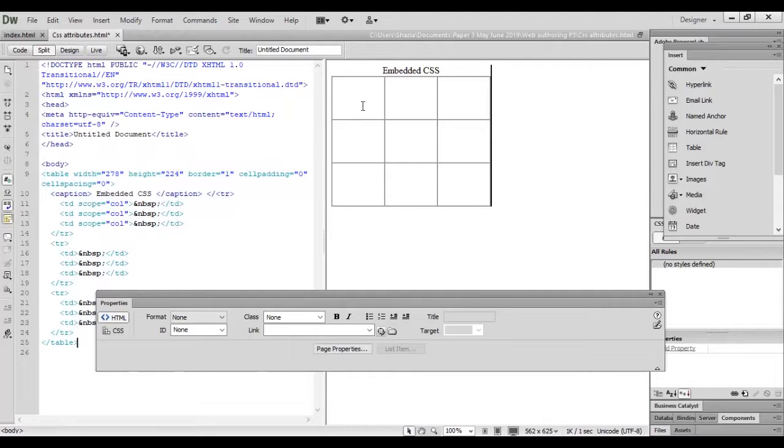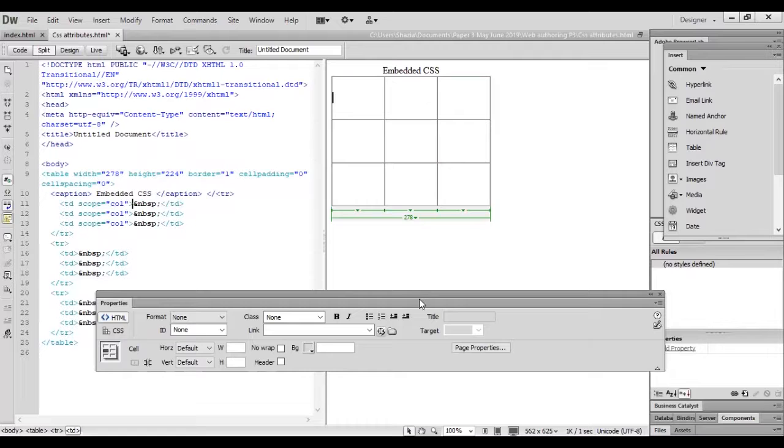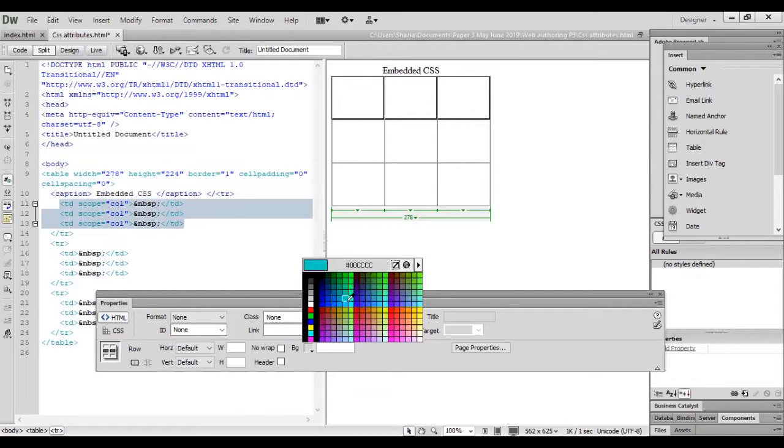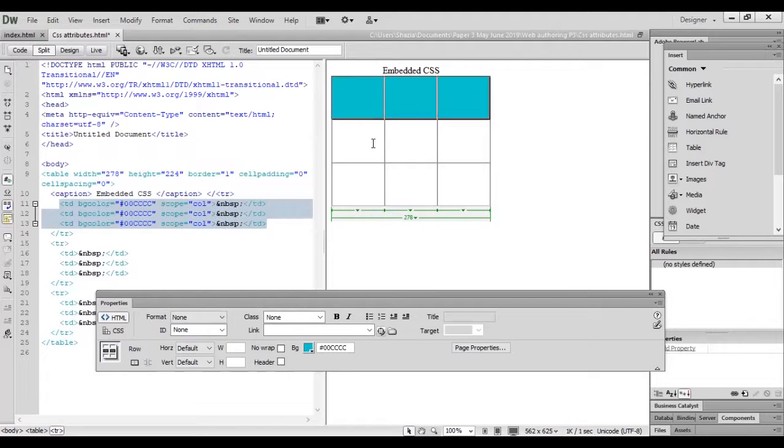So suppose I want to change here the rows and columns, and just go and set the first row. I want to set a background color in it. So as I click on this, suppose my table width is 278 pixels wide.